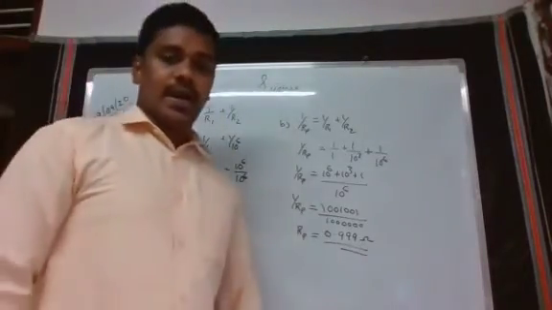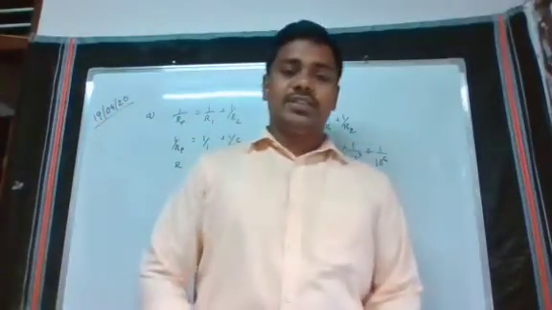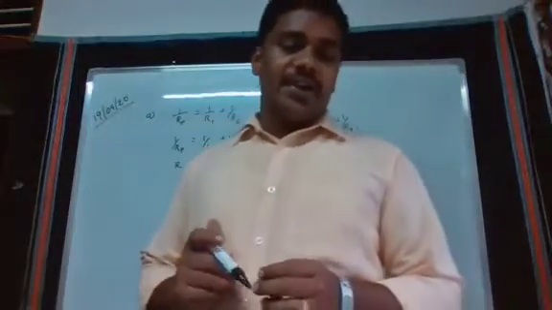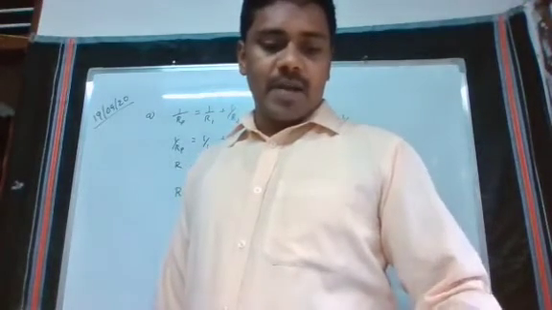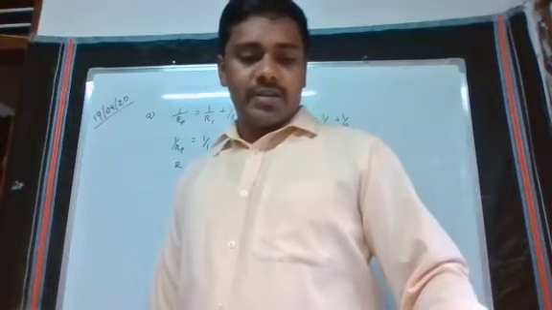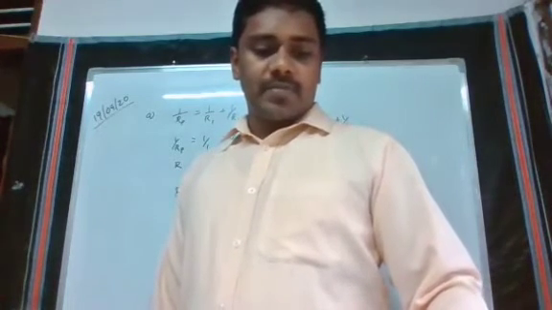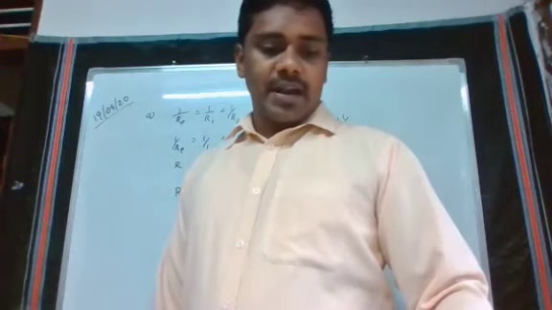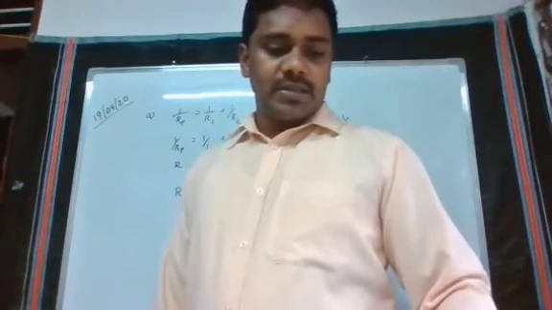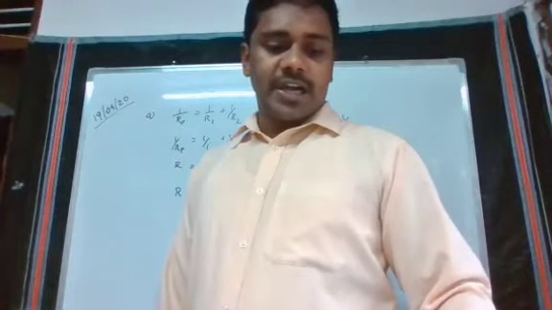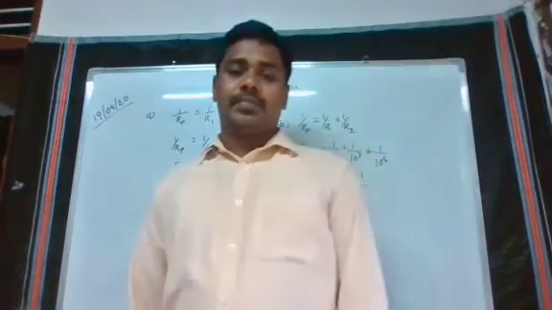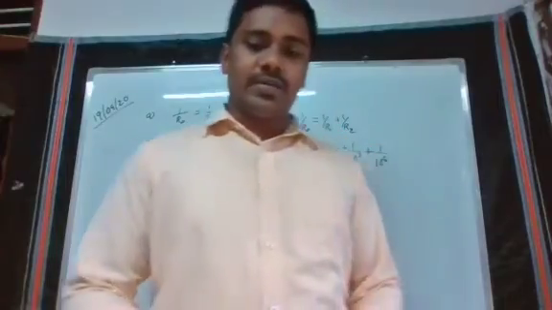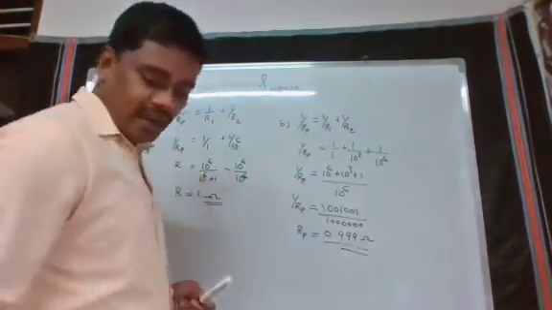And what is next? The next question: an electric lamp of 100 ohm, a toaster of 50 ohm, and a water heater of 500 ohm are connected in parallel to a 220 volt source. What is the resistance of an electric iron connected to the same source that takes as much current as all the appliances, and what is the current through it? So let us go through the solution. For that, we are simply drawing one circuit.